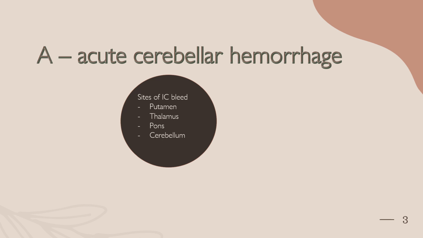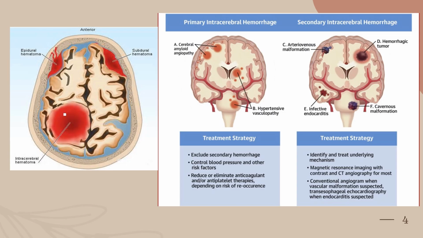So we'll see a bit about intracerebral hemorrhage. In intracerebral hemorrhage, the most common sites are putamen, thalamus, pons, and cerebellum. Just like in our question, it's a cerebellar bleed. Again, the bleeds can be extradural or epidural, or subdural. We have three layers of the meninges: the dura mater, which is the outermost layer, the arachnoid mater, and the pia mater, which is in close contact with the brain parenchyma. Anything outside the dura is called epidural, which classically has a lucid interval.